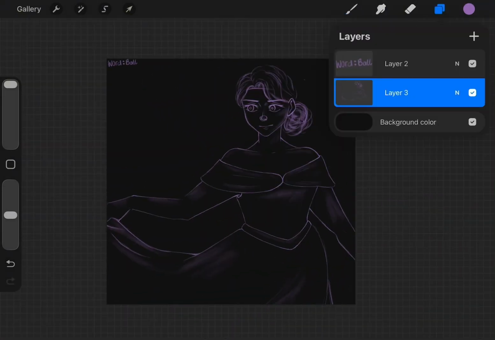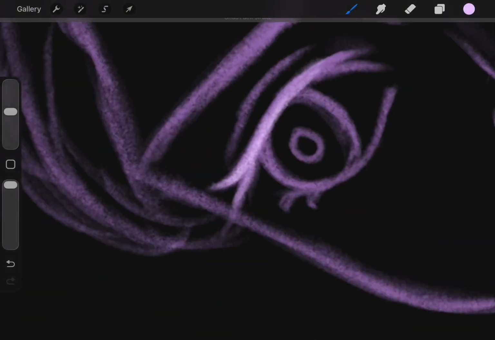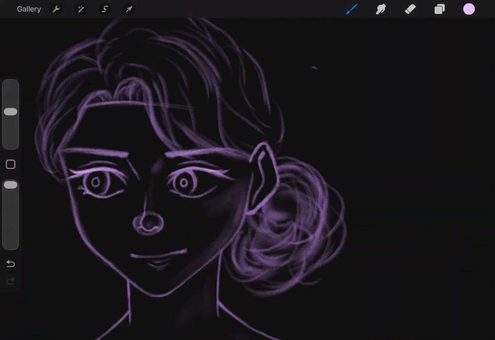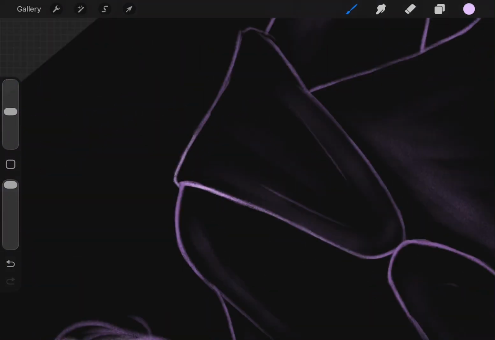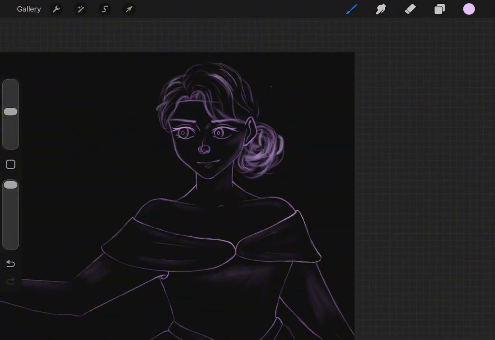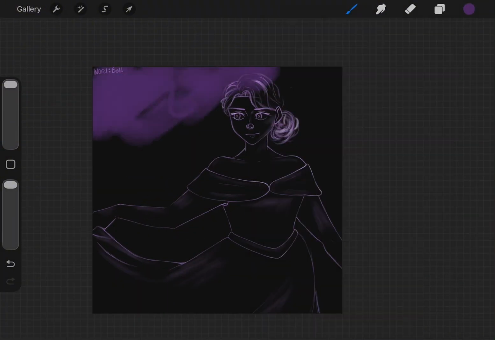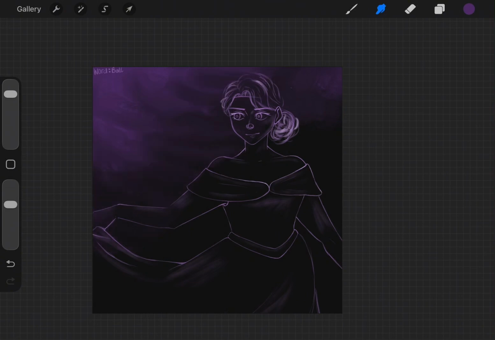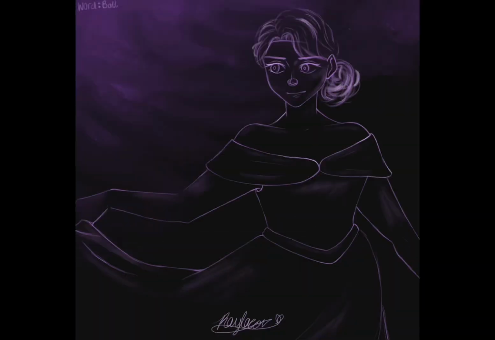But yeah, it was really fun to draw Evelyn dancing. I haven't drawn her in a minute, and I really enjoyed being able to draw one of my characters again. And I'm sure she's having lots of fun dancing. So yeah, that's this word, and let's move on to the next drawing.